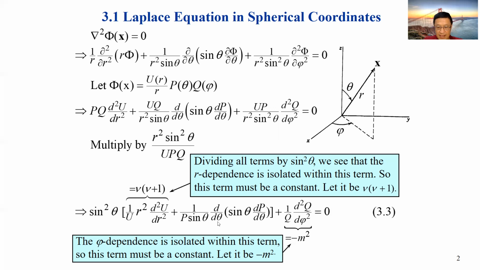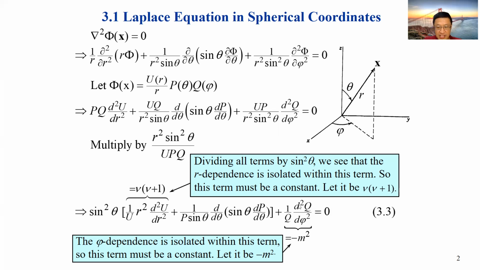Okay, sine theta. And we have this equation 3.3. In here, we have sine theta here. Sine squared, sine theta squared, sine theta. But if we move sine squared theta to the outside, it will become here. Okay? So u, the same. Theta, q. Looks like we separated them into two parts, part 1 and part 2.